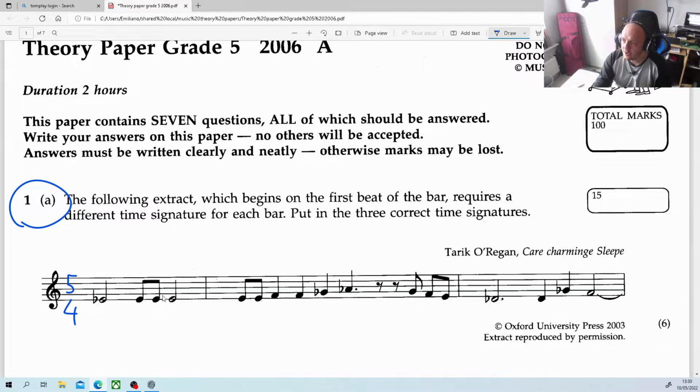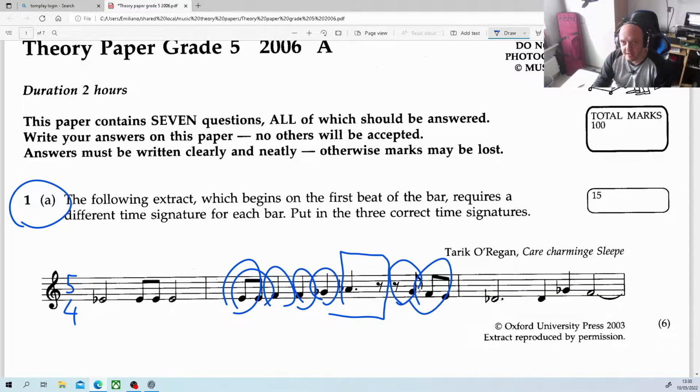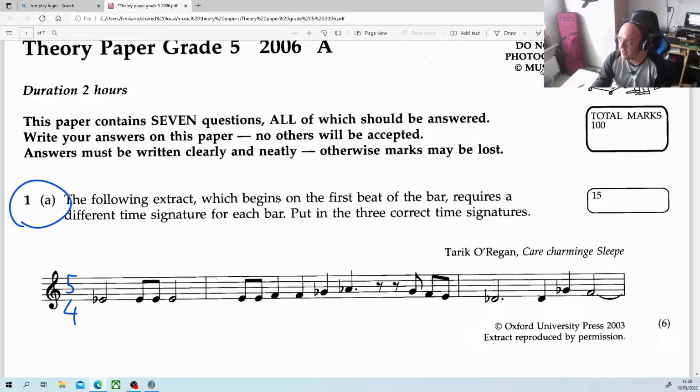Now, what do we have here? 1, 2, 3, 4, 5, 6. Dotted crotchet, dotted quarter plus an 8th rest, a quaver rest. So 1, that's a quarter, 2 quavers. 1, 2, 3, 4, 5, 6, 7, 8. Okay, funny one. 8, 4, but